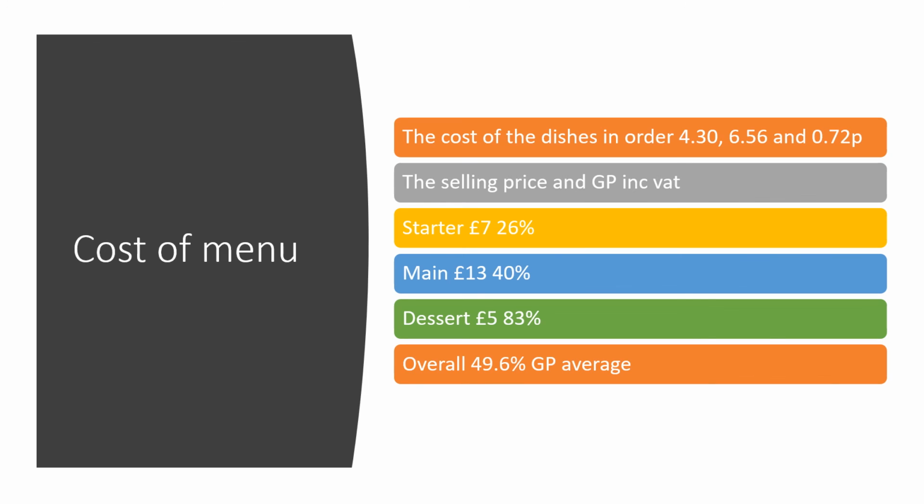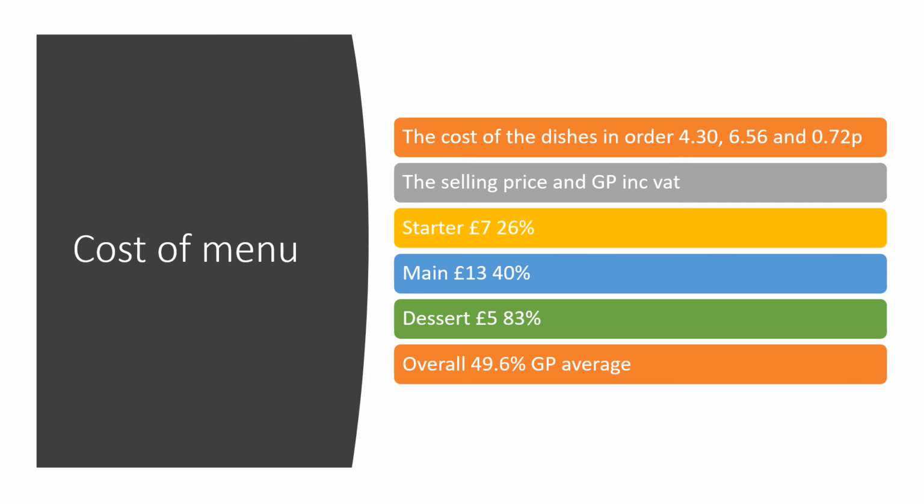So the cost of the menu in order is the starter would be £4.30 to make, £6.56 for the main to make, and 72p for the dessert. The selling price and gross profit, including VAT that I've worked out, would be for 26% on the starter, I would have to sell it at £7. For 40% on the main, I'd have to sell it at £13. And for the dessert, because it's the cheapest, I could sell it at 83% for £5,